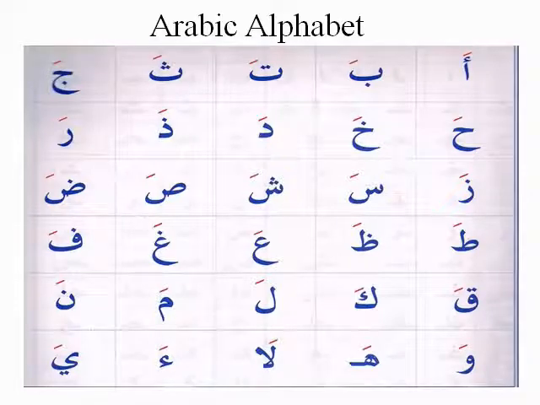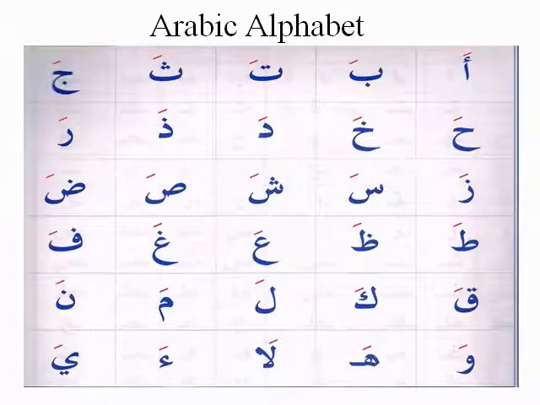Now we need to notice here there is a small mark above each letter. You see the red mark above Aleph and Ba and Ta and Tha and Jim and all these letters. This mark makes the sound pronounced in this way: A, Ba, Ta, Tha. It is not U, Bu, Tu, Thu, or I, Bi, Ti, Thi. If this mark is associated with the letter and written above the letter, that means we have to pronounce it in this way: A, Ba, Ta, Tha. And this mark we call it